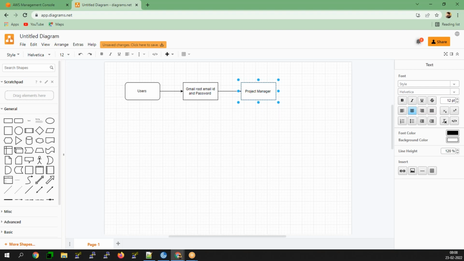Later, you need to understand how you are going to log into your AWS management console.